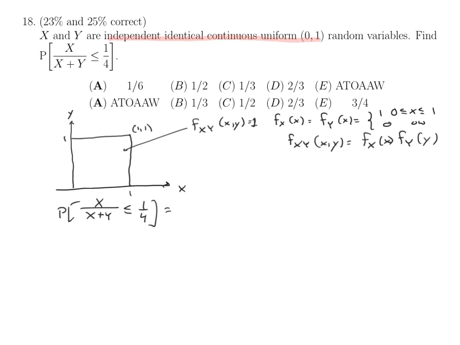Right? And so this is equal to the probability X is less than or equal to 1/4 X plus Y. So now that I've done this step, I'm actually going to solve this problem a different way. I'm going to generalize the solution. And this is kind of why I'm obsessed with this problem. Like, let's make this